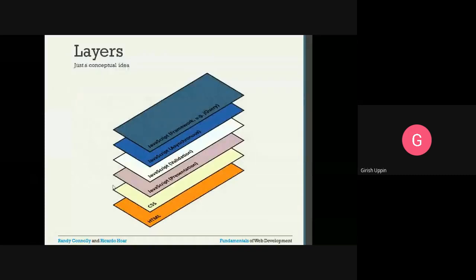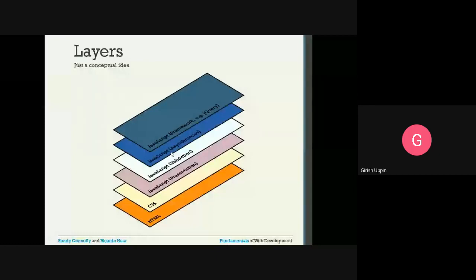We have HTML, and to support that HTML, we have CSS for the styling. We can use JavaScript for the presentation. Then we can use JavaScript for the validation of the data. So whatever data the user is providing, you can run validation on top of that. And we can have JavaScript for the asynchronous calls, asynchronous requests.